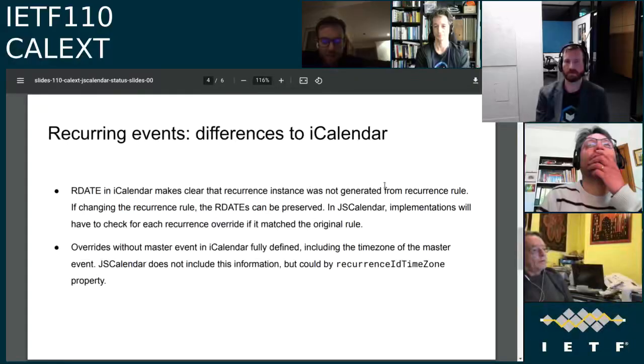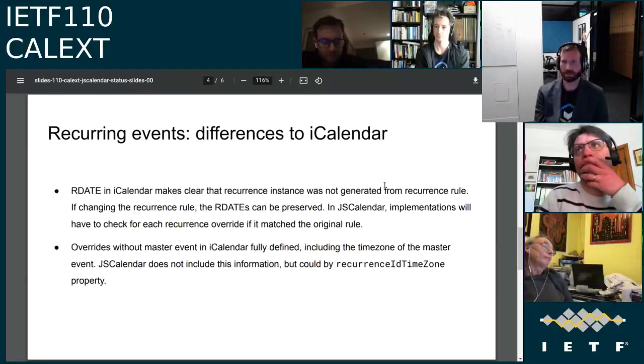The specific case, Neil, that I think we'd need to consider here is, suppose that you have a meeting that occurs on the first Monday of every month, and then you explicitly say we're definitely going to meet on the third Tuesday in this month because this is an important date to meet, and you add that as an RDATE in the system and maybe even put some overrides into it.